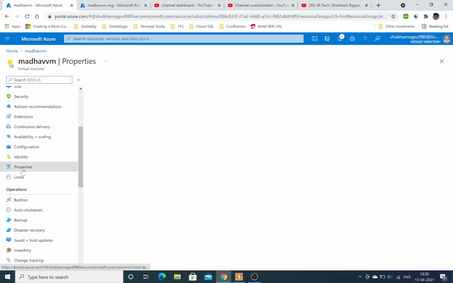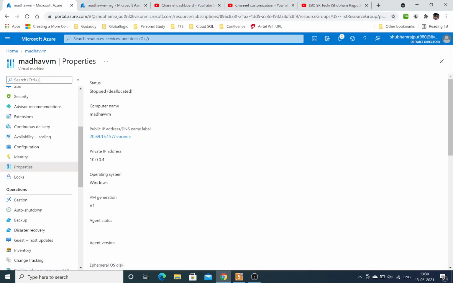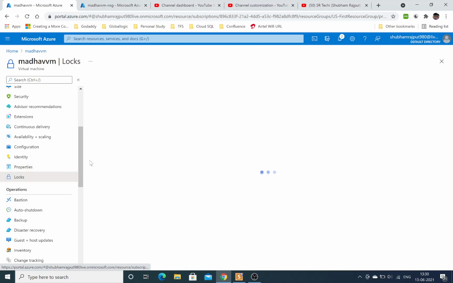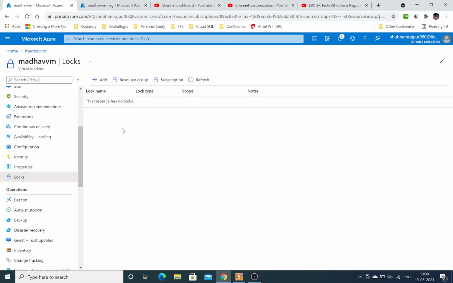Properties is basically a detailed overview, showing status stopped, Madhav VM, and these things. Public IP is assigned.